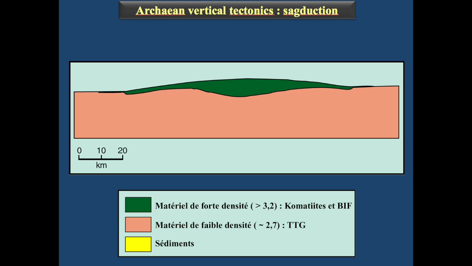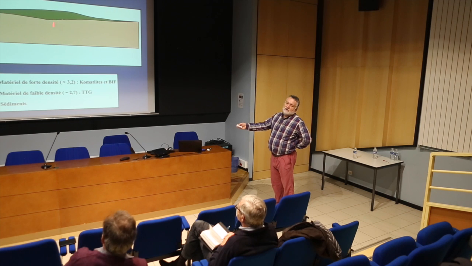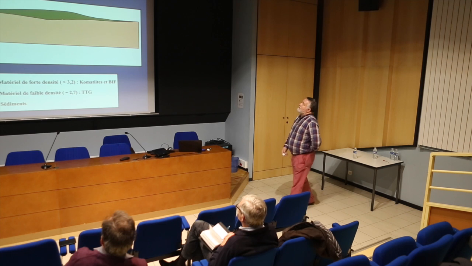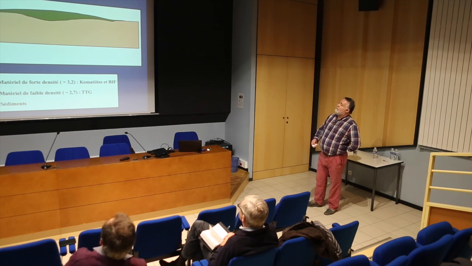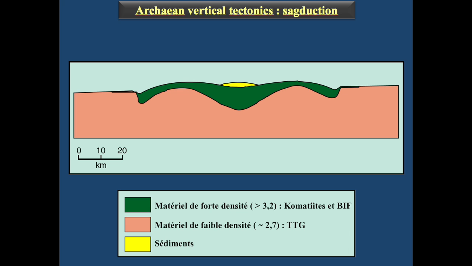In fact, this is something very simple. If we take continental crust, with a low density, 2.7, and if we emplace komatiite above this continental crust, the density of komatiite is very high. So we create an inverse density gradient, something very dense above low density rocks. And the high density rocks will sink progressively